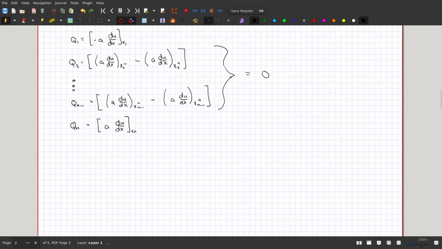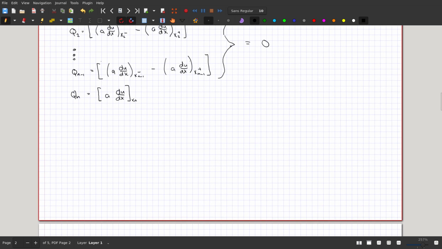And the other case, which again we'll talk about next time, is if you have an external point load in the interior of the element, there could also be a case where you have to do something special, right? So if you have a flux that's applied as a boundary condition, like a source or a sink in the interior of the element, we have to distribute that in some way. We'll talk about that next time. But so then, if all of those interior nodes are 0, then finally,